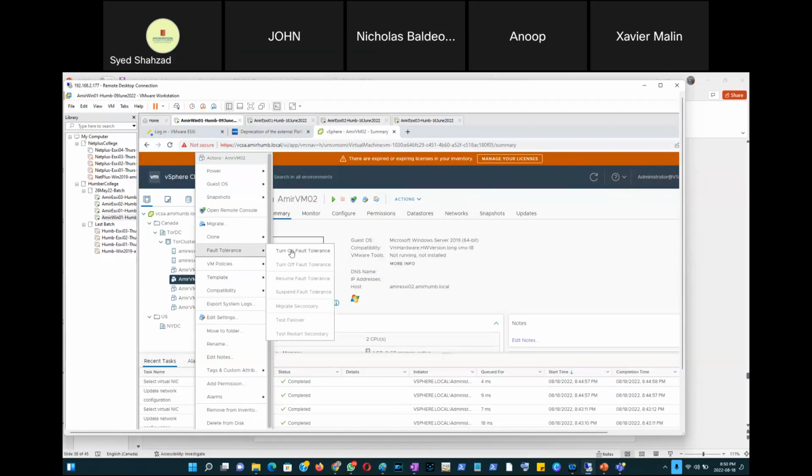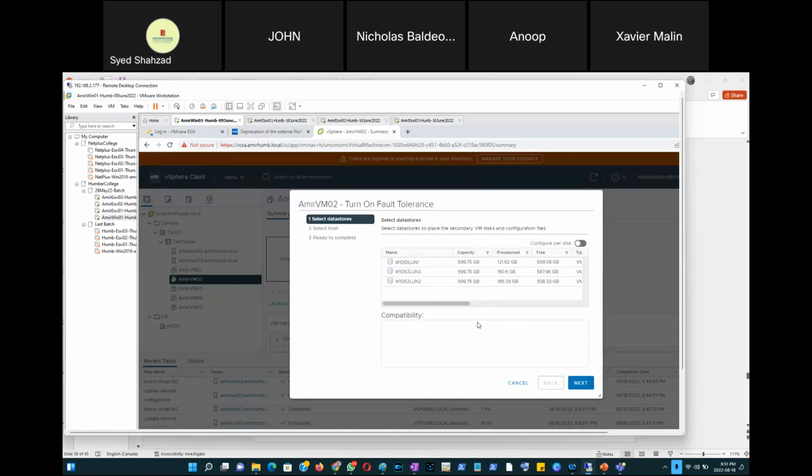I'm going to go to the fault tolerance and turn on fault tolerance. Just merely turning it on starts giving us an error, but hopefully our increasing the 6 GB RAM to the hypervisors should resolve the issue of insufficient resources, unless there's another error. So I'm just going to go for turn on fault tolerance. And yeah, so before this screen, it normally gives an error. If not,